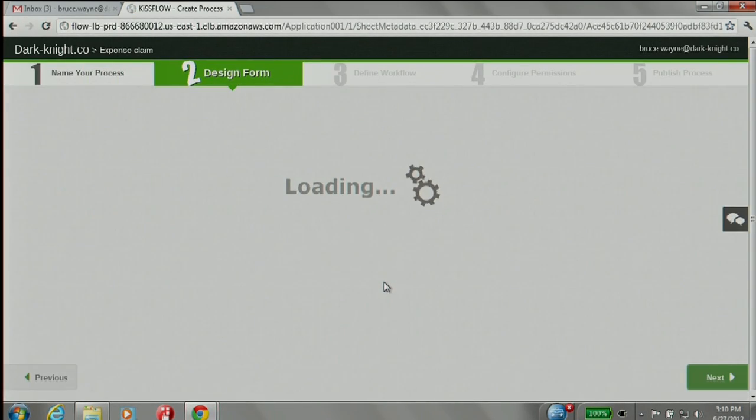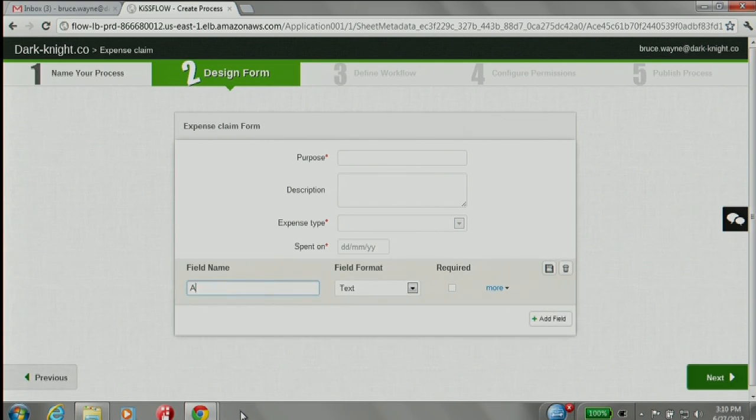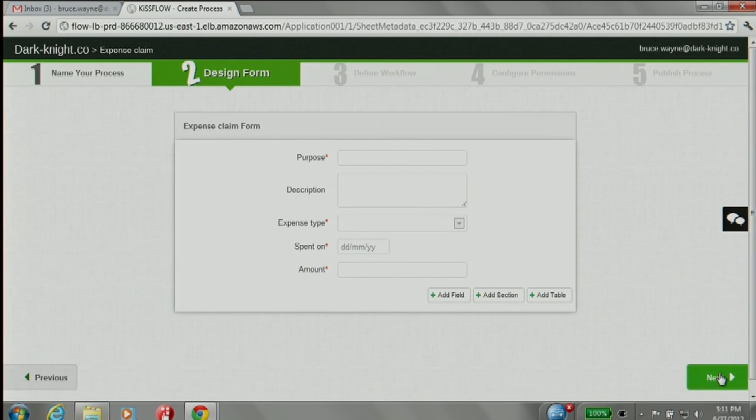Once we complete creating this form, for example, you can add amount, which is basically a number field, and I can also make it a required field, and you can save this field, and that completes how the expense claim form will look, right?